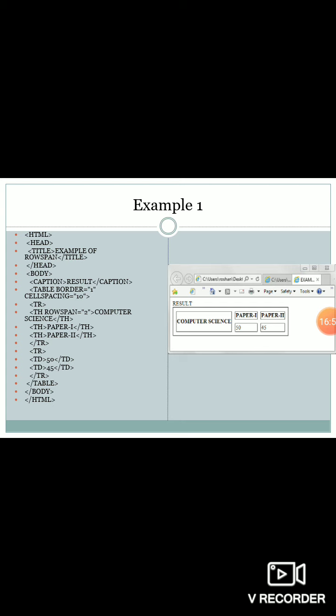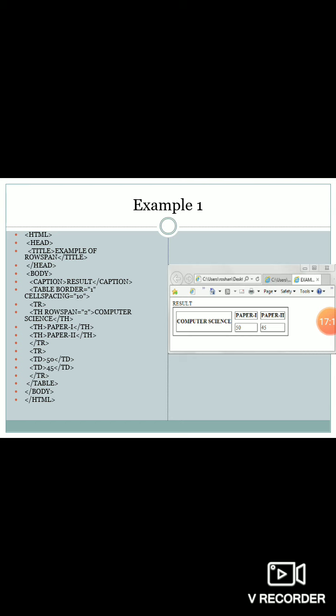जो भी कॉलम डिस्प्ले हो उसमें थोड़ा थोड़ा स्पेस डिस्प्ले हुआ है, करेक्ट है. So इधर I can put the value of cell spacing as 10, 20, 30. You can put any value. Then I start with the first row insertion. That's why I'm putting the tr tag. Now after the tr tag, that means row insert हो गया, row create हो गया.